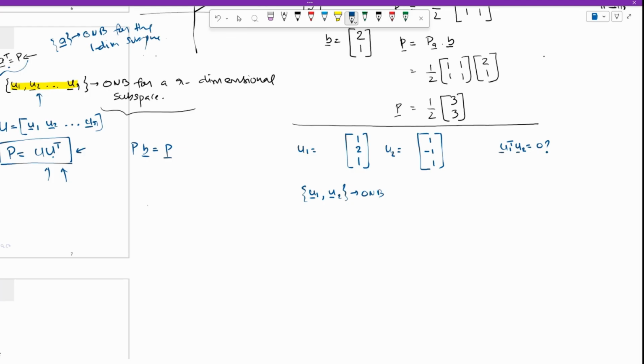No? All right. What is the square of the Euclidean norm of U1? It's U1 transpose U1, which is the square. That means the Euclidean norm